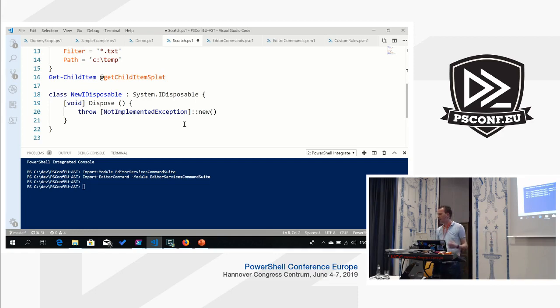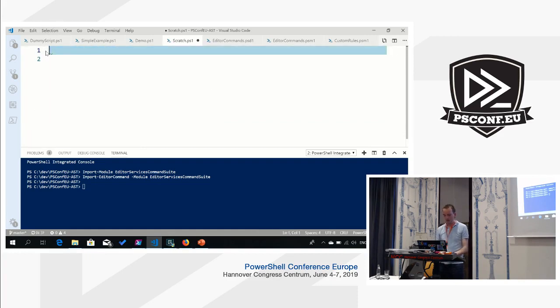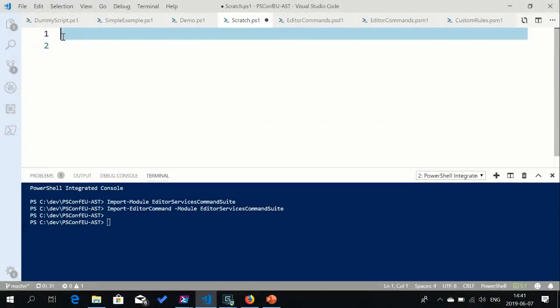So this is built into Visual Studio, and I think you can do it with C# in VS Code, but not PowerShell. So this saves you time if you're doing classes and implementing interfaces or abstract classes and stuff like that. So now I'm going to show you how you can actually create these editor commands. The one that I wanted to do was